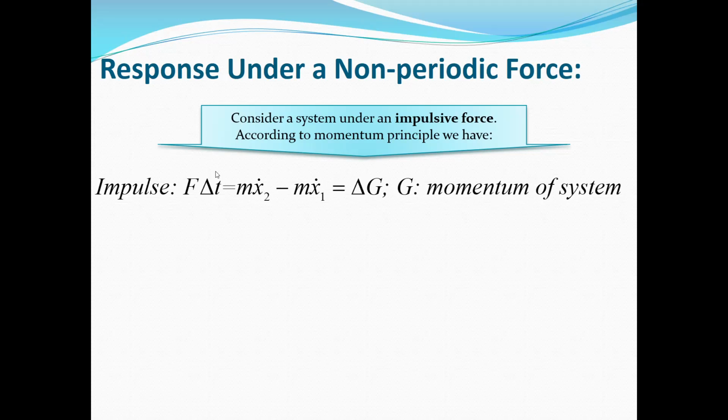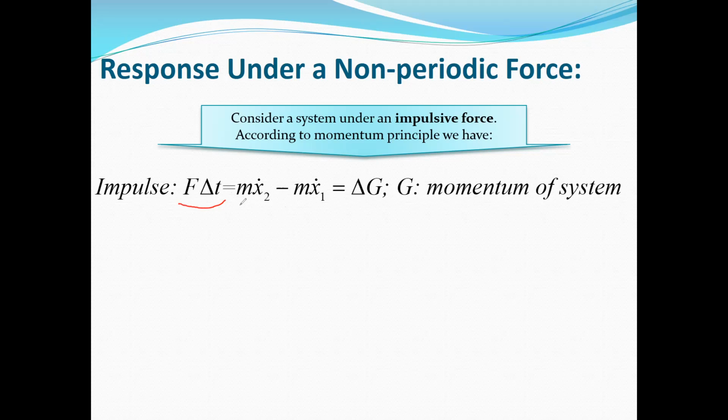And here, from the dynamics, when we have an impulse, we will have a change in the momentum of the system, or we can write the conservation of the linear momentum for a system. We know that F times delta t, where F is the amplitude of the impulse multiplied by delta t, which is the period of time during which the impulse is inserted into the system, or the impulse affects the system,